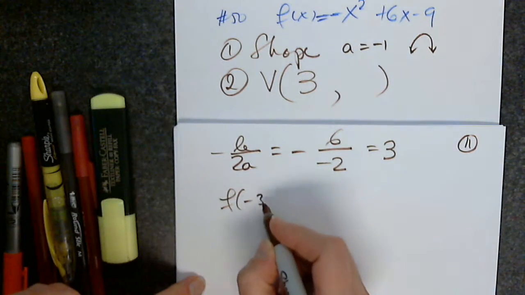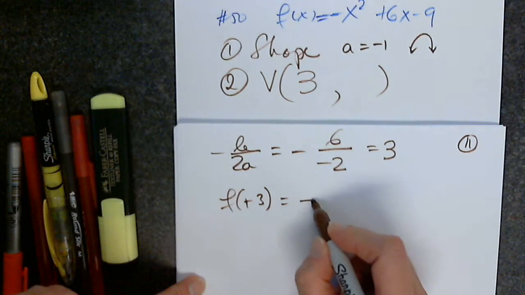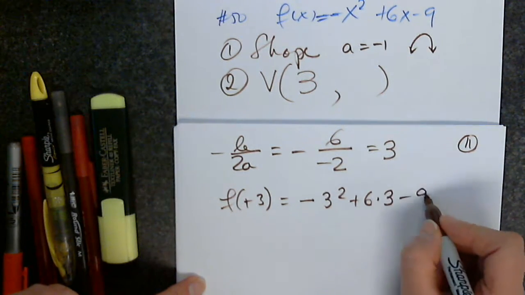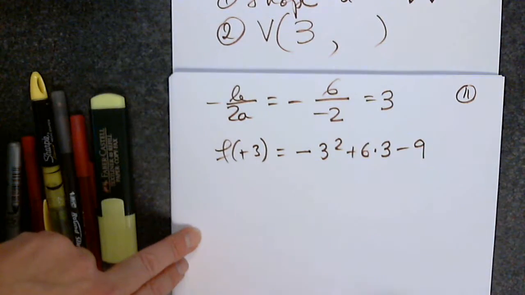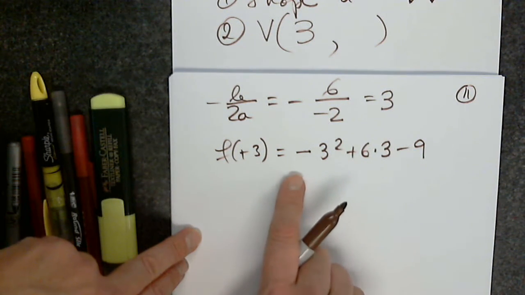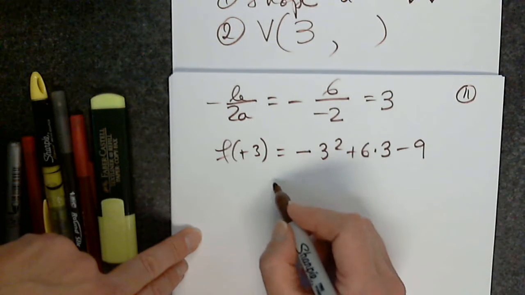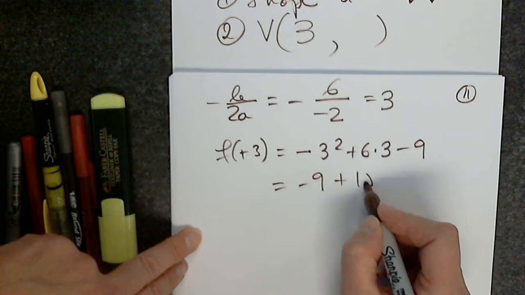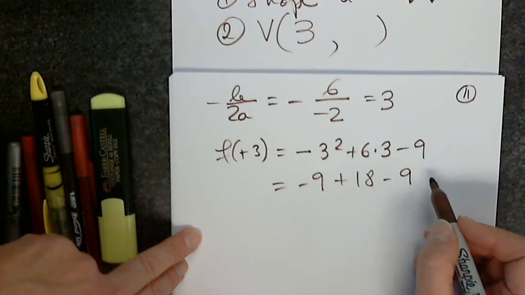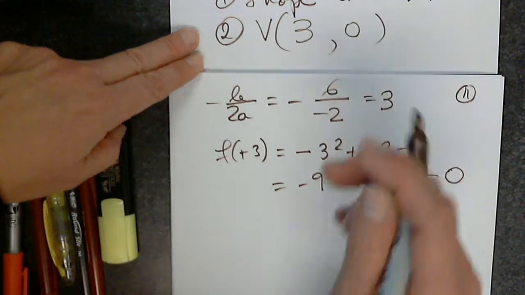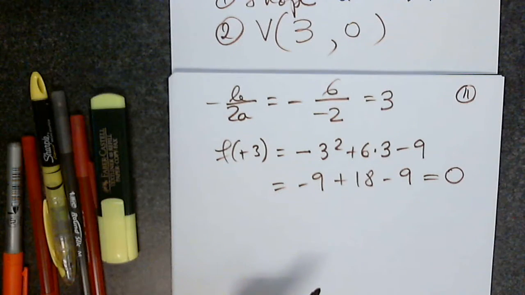So f of 3 equals -3 squared plus 6 multiplied by 3 and minus 9. Careful, because -3 is not squared, but 3 is squared. 3 squared is 9 multiplied by -1. This is -9 plus 18 minus 9. 0. Which means the discriminant must be,